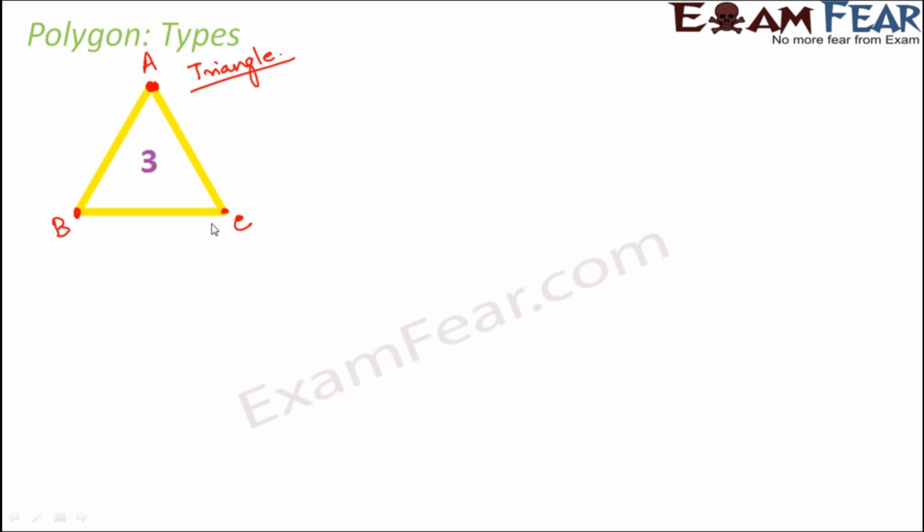Now, you might say, why did we start with 3? Can't we have a polygon with 2 sides? We can't have a polygon with two sides, because if you have two sides, this is how it will be. It will be an open curve. It will not form a closed curve, and a polygon has to be a simple closed curve. So with two sides you cannot form a polygon. Can you form a polygon with one side? Definitely not, because in this case it is not a closed curve again. So in order to become a polygon, you need a minimum of 3 sides, and of course you can have more sides.